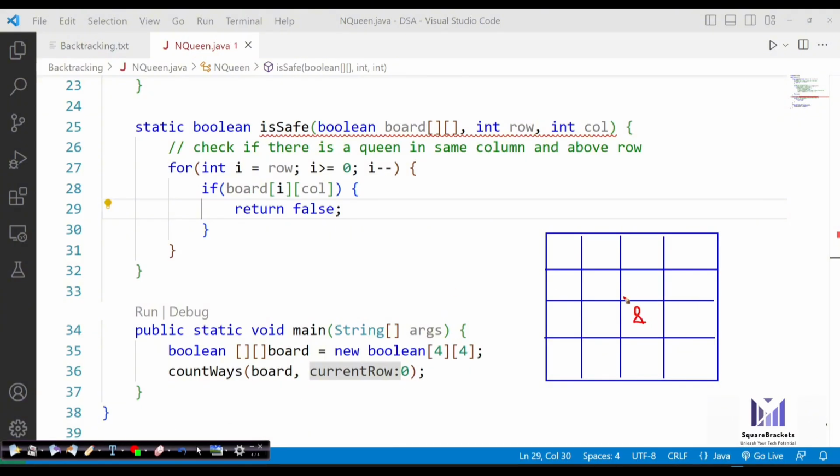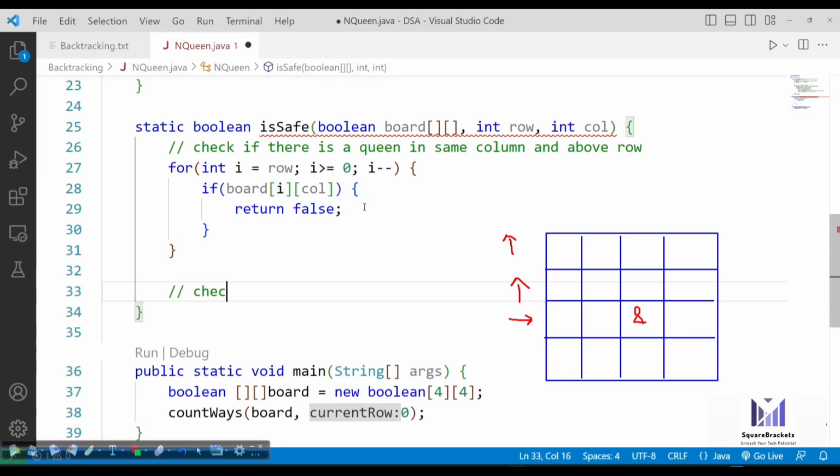First of all, you need to check in the same column but above row. That's why I'm taking a loop for rows only and decrementing the rows one by one. So you are in this row, then keep on going upwards. You need to decrement the loop here and check if there is already a true in the same column or not. Otherwise simply return false. So simply return false if there is a queen available in the above row.